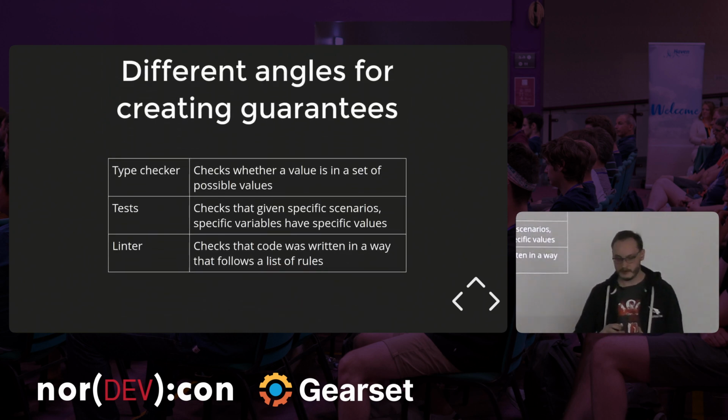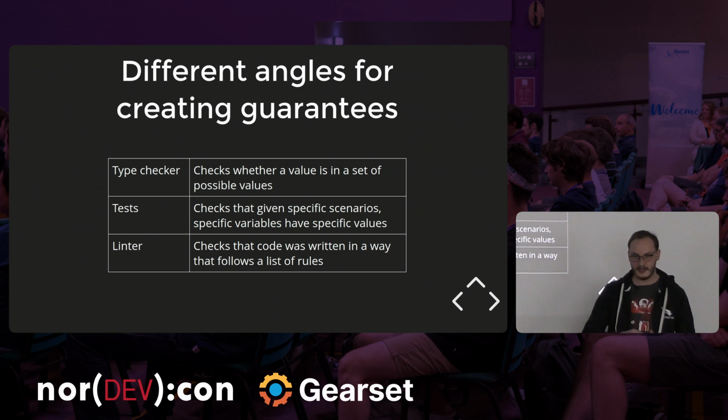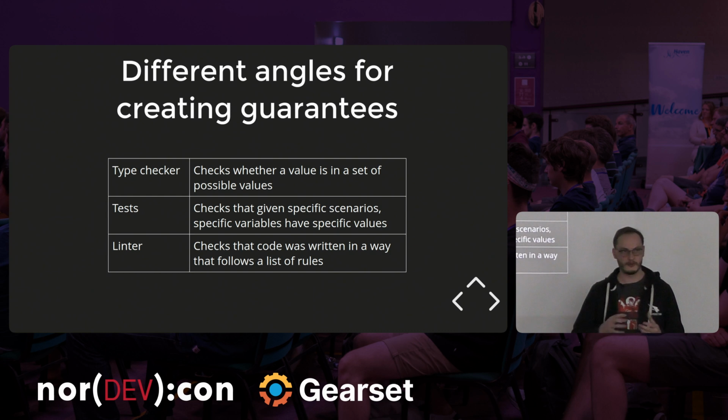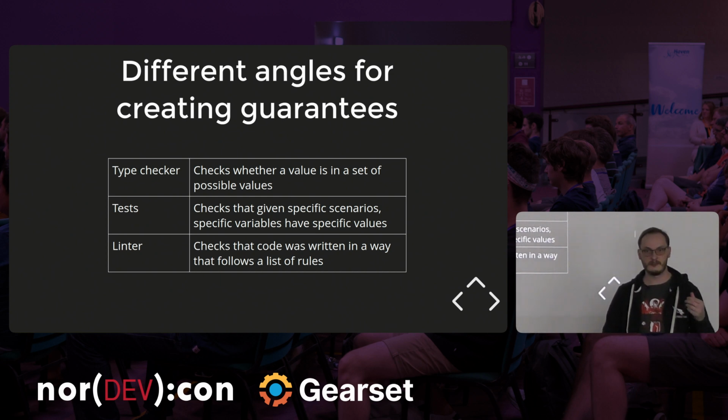But what I like about this, and this is the way I view all of my tools, is that every tool has a different angle of how they create guarantees. So the type checker looks at values and sets of values. Is this value part of this set of values? Yes, okay, no, there's a type mismatch. Tests, what they do is they look at specific values given some scenarios that you create for them. And linters, they can also create